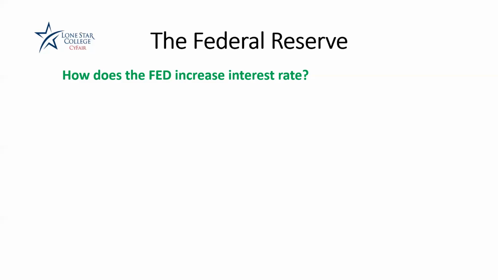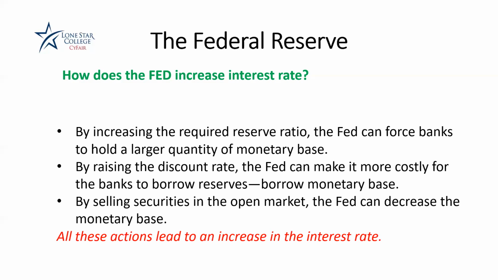So anytime that the Federal Reserve wants to increase the interest rate, basically the Federal Reserve is going to decrease the supply of money. The Federal Reserve can decrease the supply of money by increasing the required reserve ratio, by increasing the discount rate, or by selling government securities in the open market operation. So that's very important. If the Federal Reserve wants to increase the interest rate, the Federal Reserve should reduce MS. Let me write it down. The goal for the Fed,